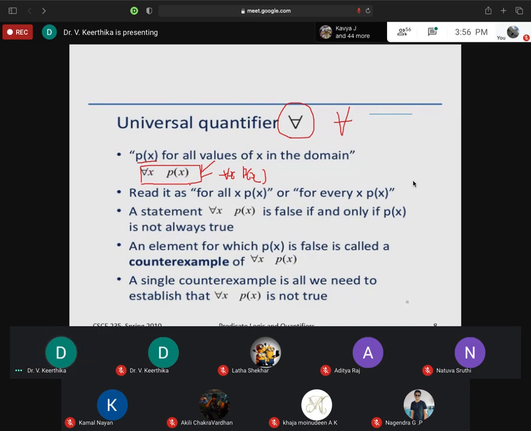The remaining we'll see later. We'll go first with the universal quantifier. What is the symbol I am using for it? This is the symbol, for all x, for every value of x. Up to this, what you have to say is: for every value of x, P of x is true.